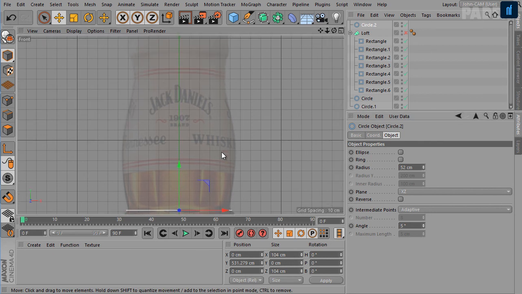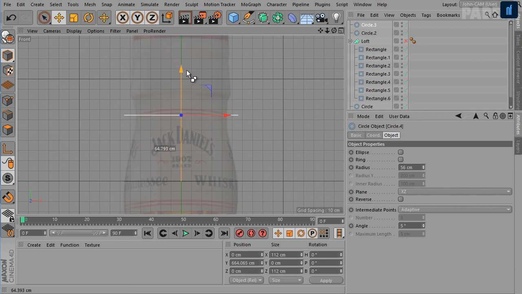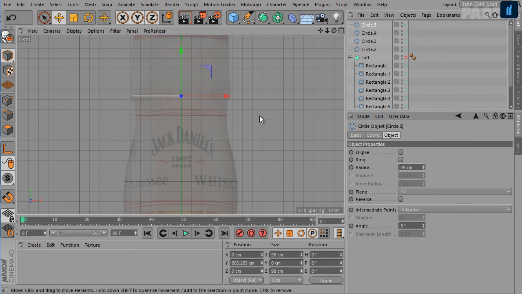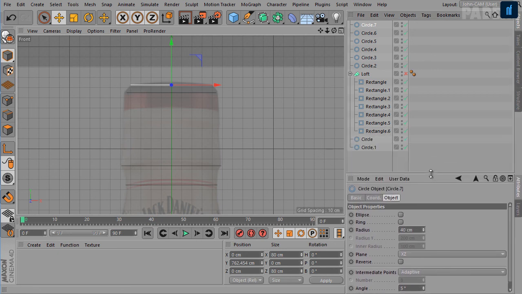So keep making circles to follow the shape of the model. Alright, so we have a total of 8 copies.